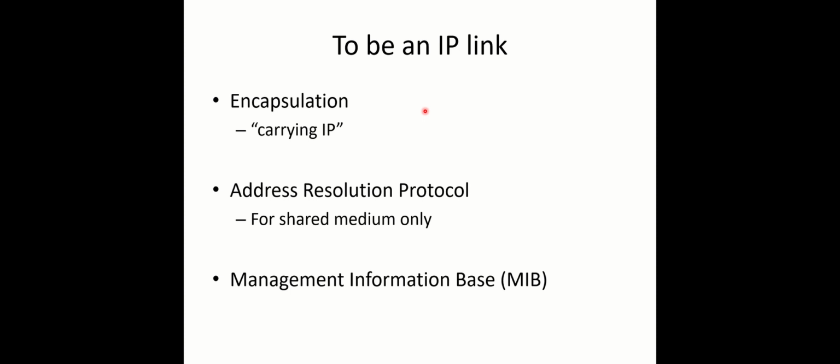So far we talked about what IP should know about the link layer technologies. Now let's turn the table and think about what the link layer technologies should do to connect themselves to the internet. For a link layer technology to be used in the internet, there are three things it should provide to IP. First, it should be able to say that it is carrying the IP datagram in the payload, in its frame. We saw earlier that in Ethernet there is this Ethernet type field that can identify the IP payload.